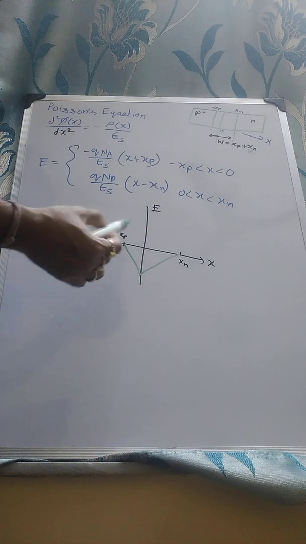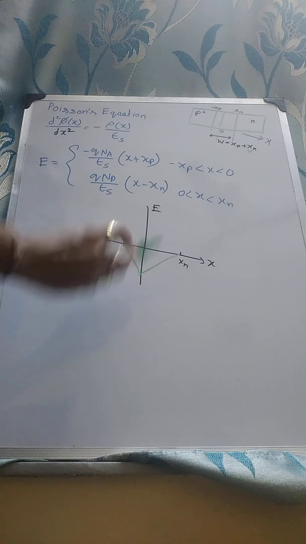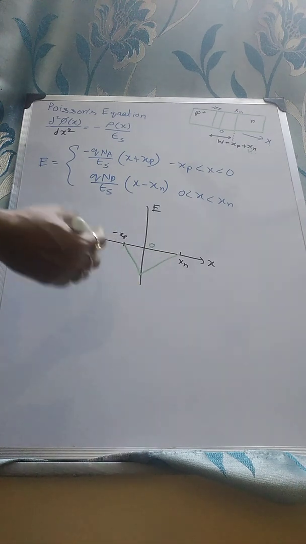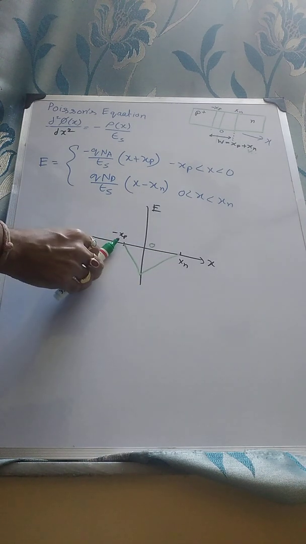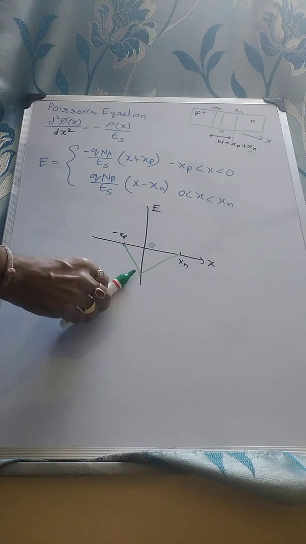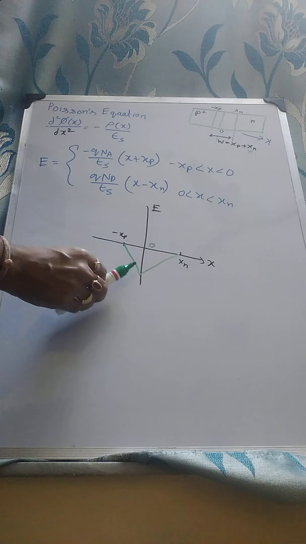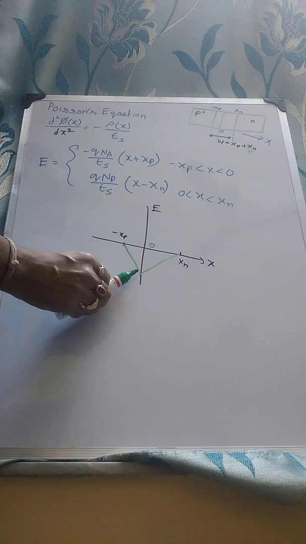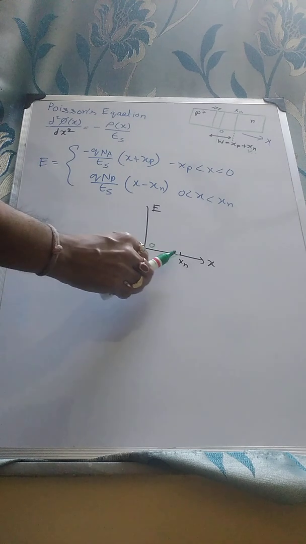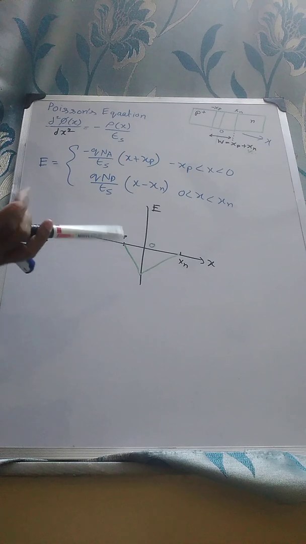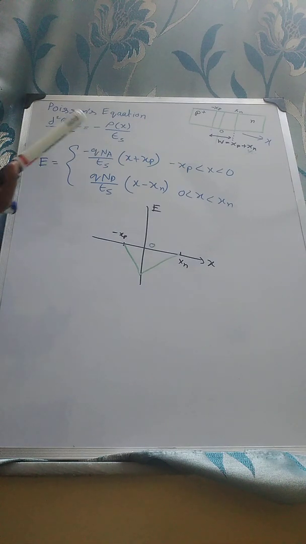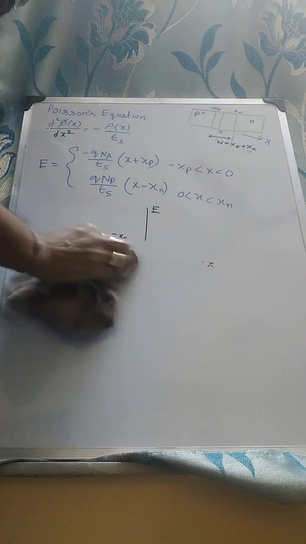right? So up to 0, this is my origin, up to 0 the electric field increases in the negative direction and reaches a final value, and from that it again decreases up to 0 at Xn, right? Now this is the electric field. Now from this equation and this electric field information, we can also get the value of potential inside the PN